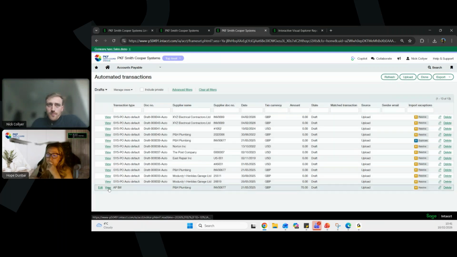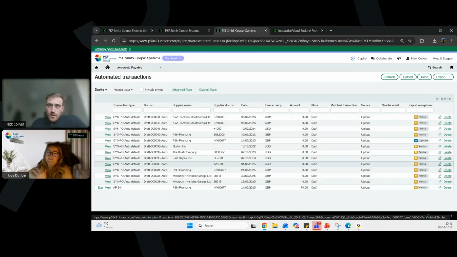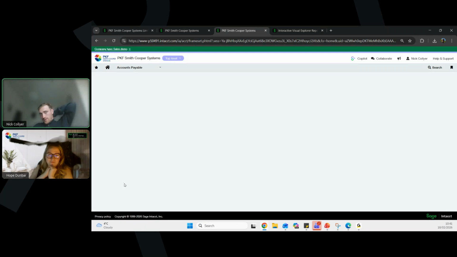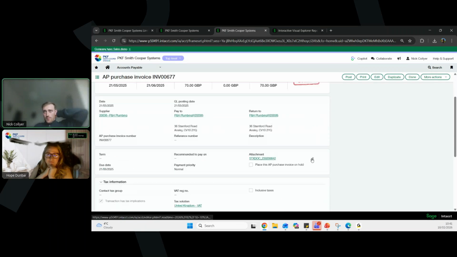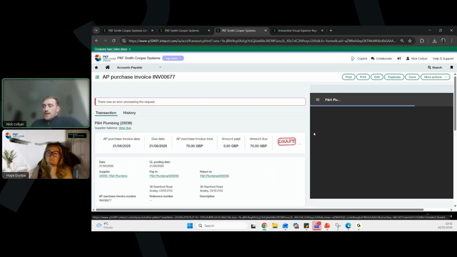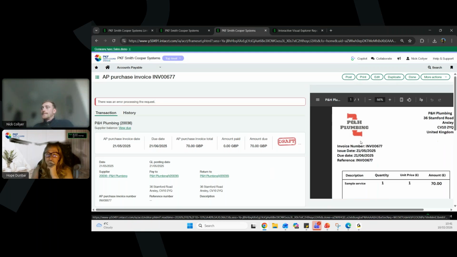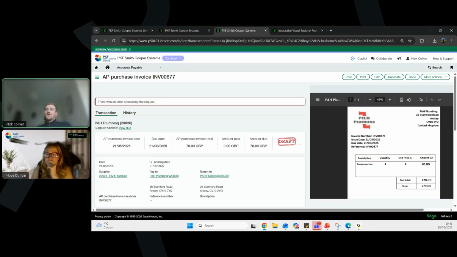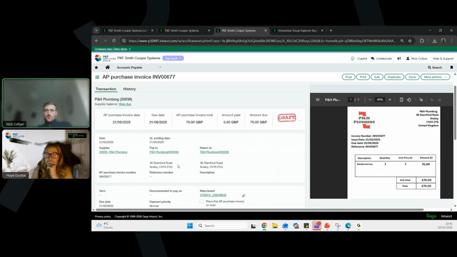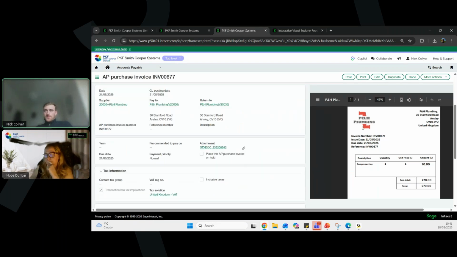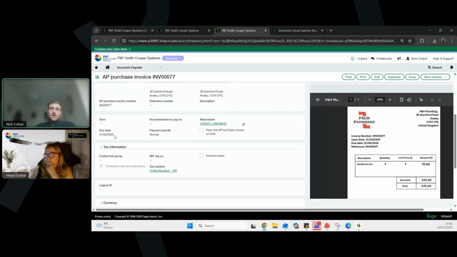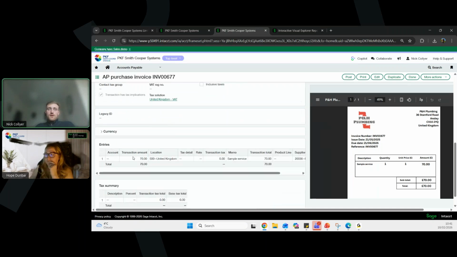And then again, I'm conscious of time, so let's just have a look at an invoice that I've uploaded previously, and we can pull up the PDF that was actually invoiced, and you can see it's picked up the supplier. It's also populated all of the address information. It's attached the actual PDF to the transaction in the system. It's got the due date. It's picked up the invoice number, and then if we go down to our entries table,